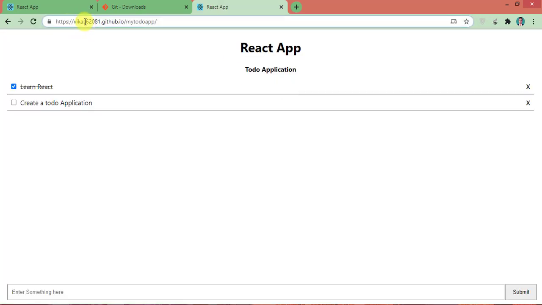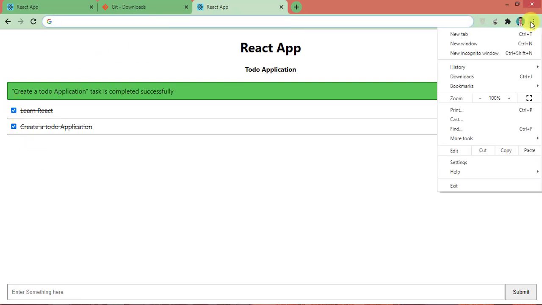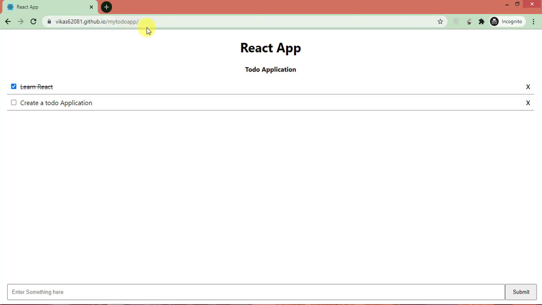And what is the path? This is the GitHub ID and this is your repository name, right? Let me copy this one and open it in Incognito mode and hit enter. You can see this is deployed on GitHub right now.